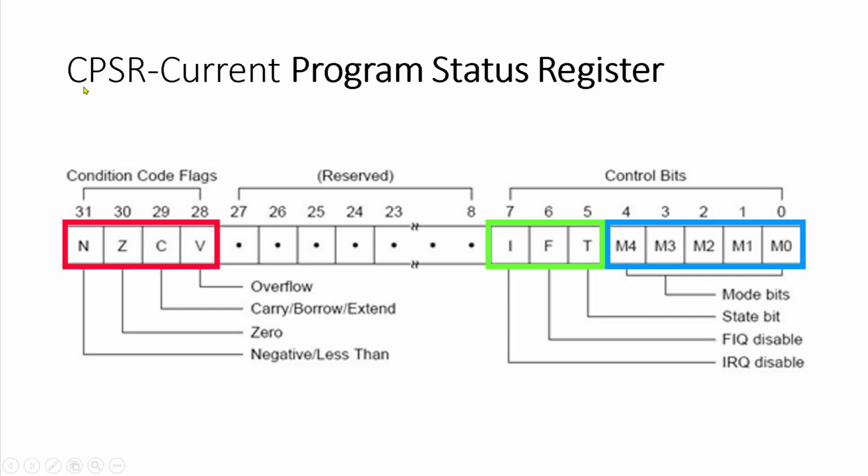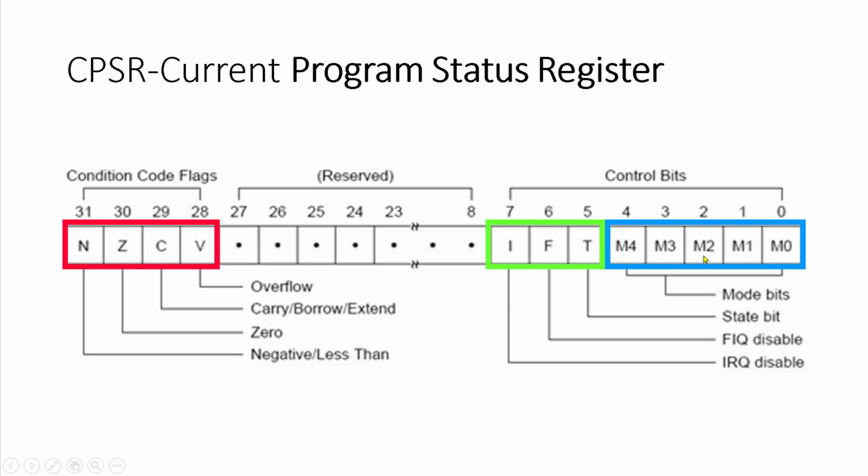It is, in short, called CPSR, current program status register. Okay, so there are 4 condition code flags and all these are available here from bit number 28 to 31. Now we see there are 8 control bits, out of which the first 5 bits, from bit 0 to bit 4, are used to change the modes of operation of the processor. Okay, based on the ones and zeros appearing here, the corresponding modes will change.